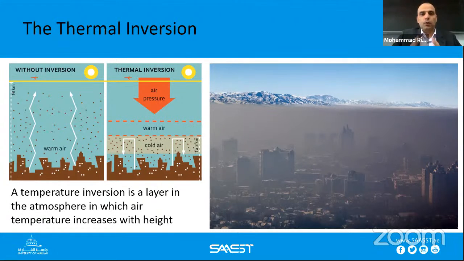So the air mass will start rising, and when it reaches the layer that has a higher temperature, it will stop and form a stratus layer, one very, very unique layer above the troposphere. So, for example, if you look at the cities, look at the picture on the right side. The hot and polluted air mass near the earth, above the city's buildings.